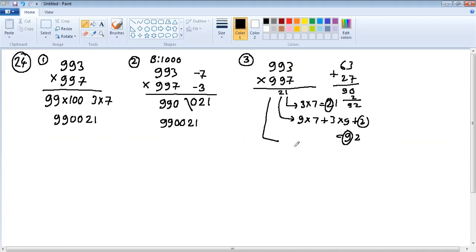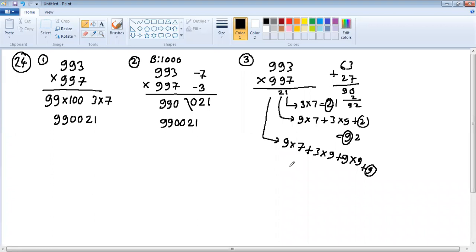Next step, the main step, 9 into 7 plus 3 into 9 plus 9 into 9, plus the 9 carry of the previous step. Now here, for the exam, if you just write one step, it is enough. Actually you can manipulate here, just write one step and you can copy the answer as long as you know it is the perfect answer. I'm just showing the steps so that all can understand, but otherwise you don't need to perform all this. Just show one step indicating that we are using crisscross, and the right answer.